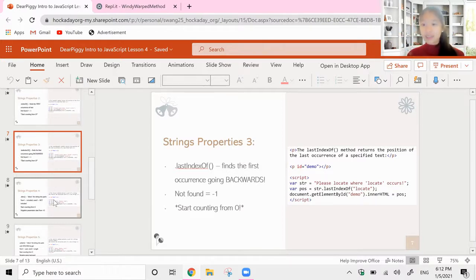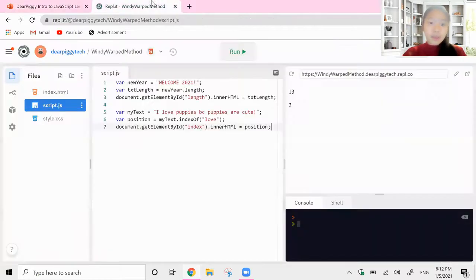Last index of is going to help us count backwards. So let's go ahead and try this out. Variable... I'm running out of creative variable names, guys. I don't know if you can tell. We went from new year to my text, and now we're going back to text. I need to work on these names. Variable text, we'll call it,